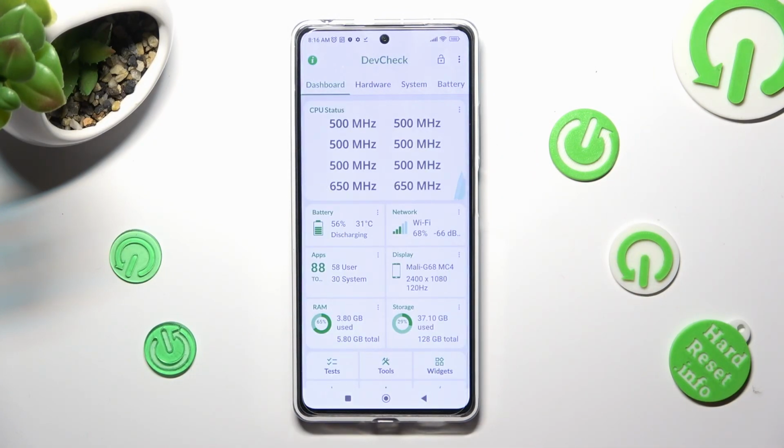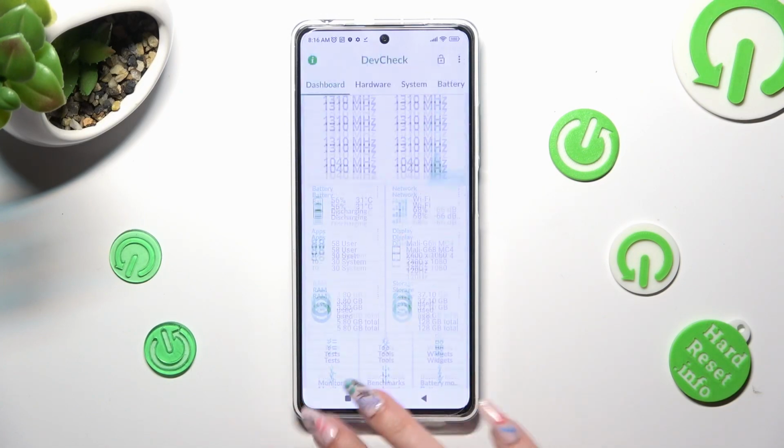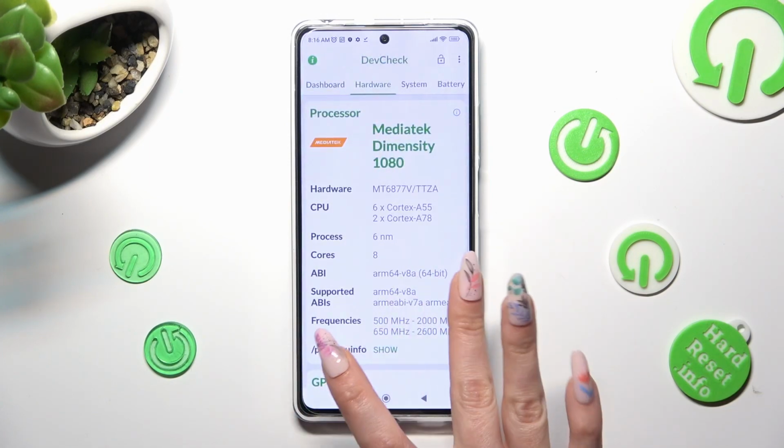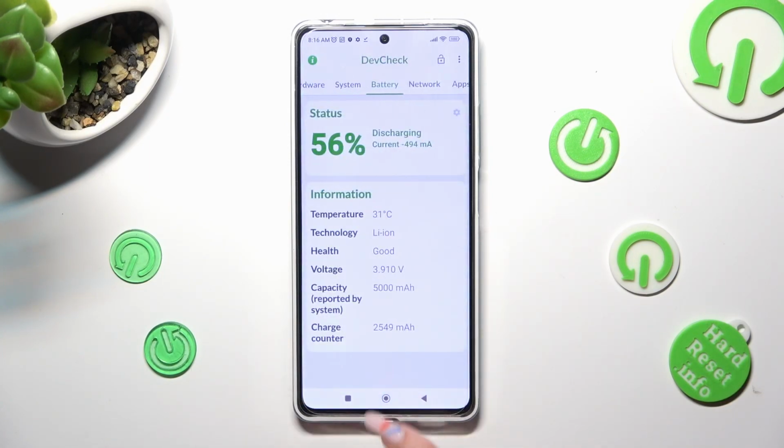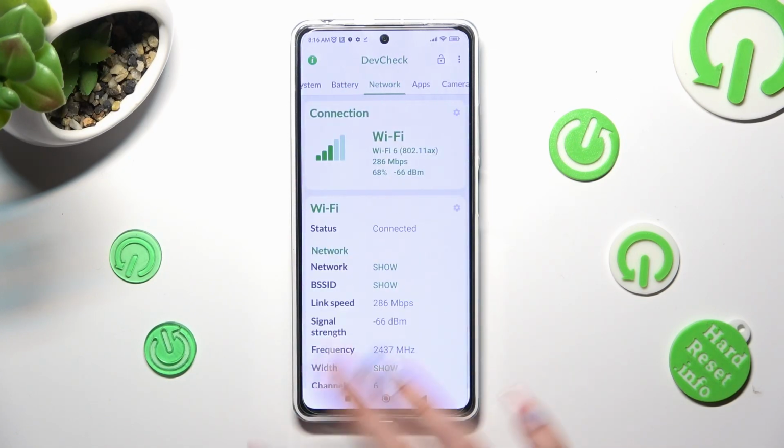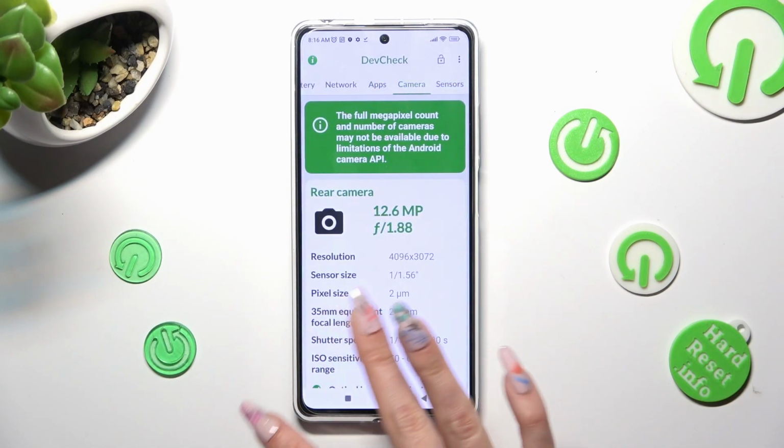Then, thanks to it, you can learn all the information about your device's dashboard, hardware, system, battery, network, apps, camera,